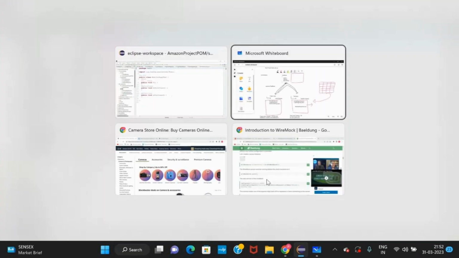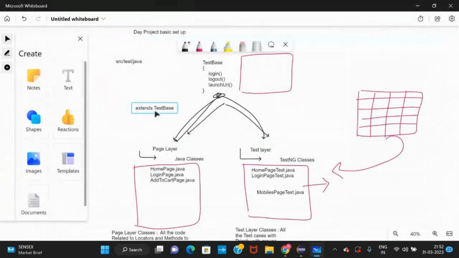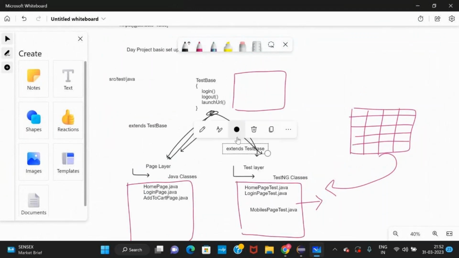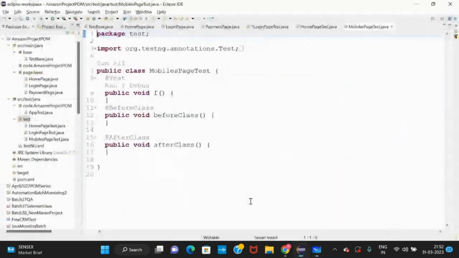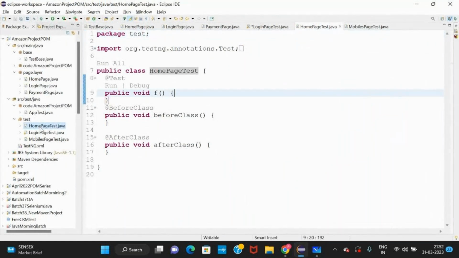Now we have inheritance again for the test layer also. So this will also have extends TestBase, because we need login, logout, launch URL in the test layer also. In the home page test, we have to extend TestBase. So TestBase we should always copy.